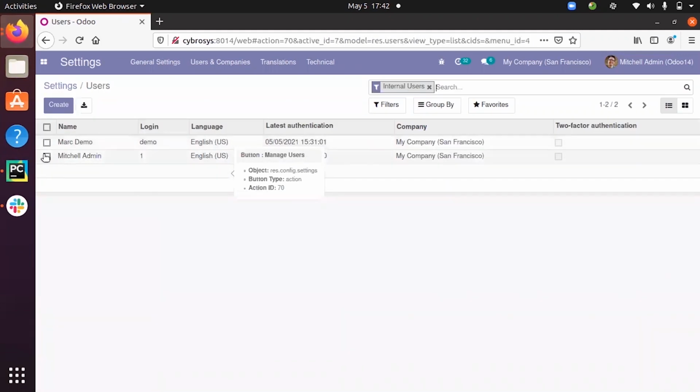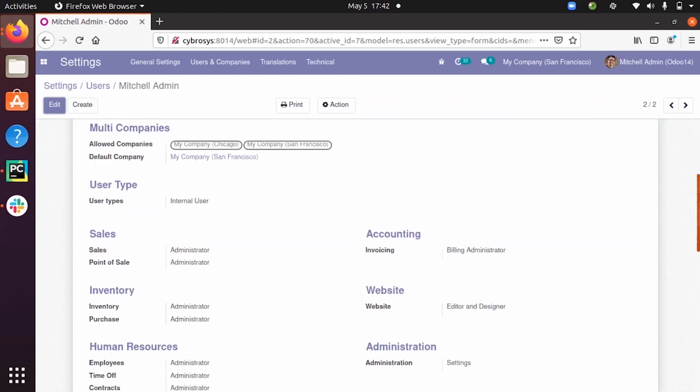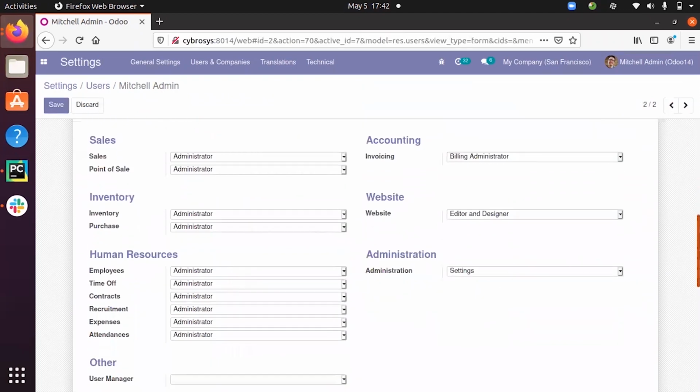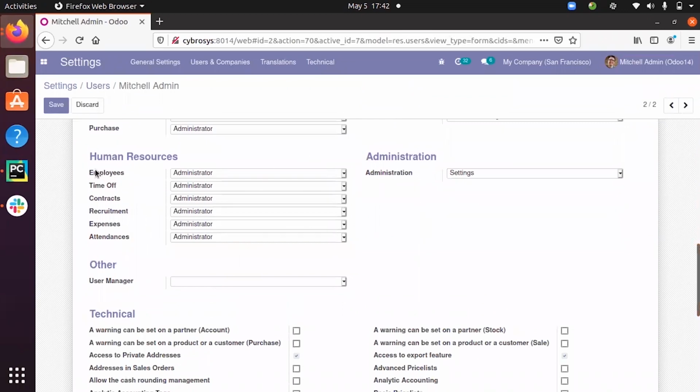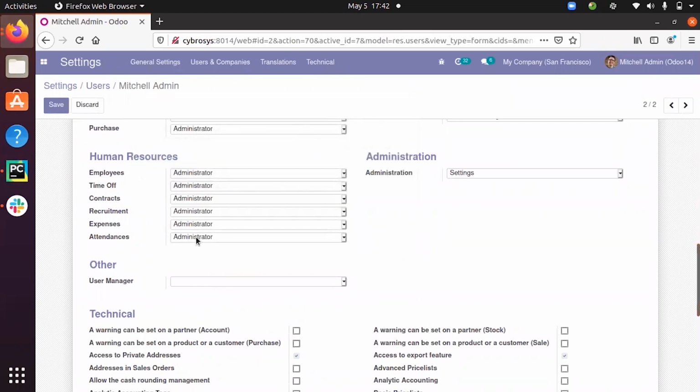When you check Michelle Admin, you can see it is an internal user, and for this Michelle Admin, under human resources, you can see this user is the administrator for employees, and for all others this user is an administrator.